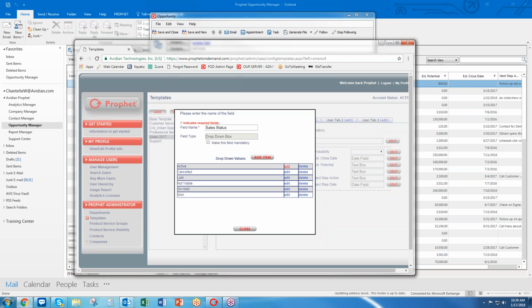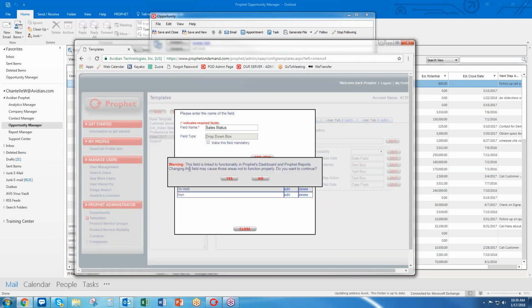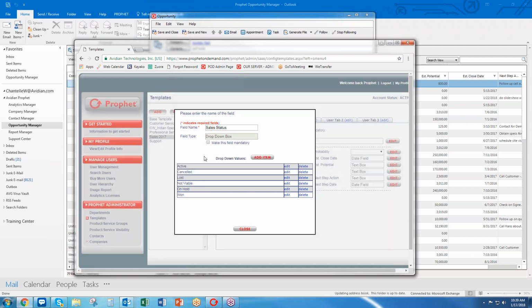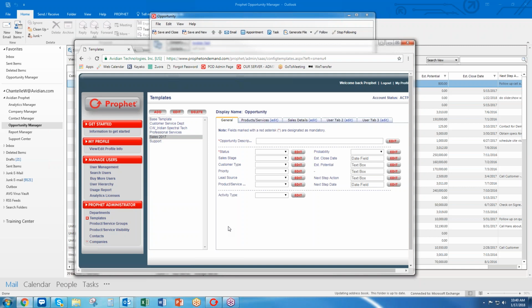Now if you click edit over here, it's going to say this field is linked to functionality in the Profit dashboards and Profit report, so it's going to give you a warning before you edit or delete it. But you can change all the other data set values that you want. Again, this is specifically for open or closed. I'm just going to want this to say status, and I'm going to make this field mandatory as well, because I want my users to fill that out. So if I hit save,